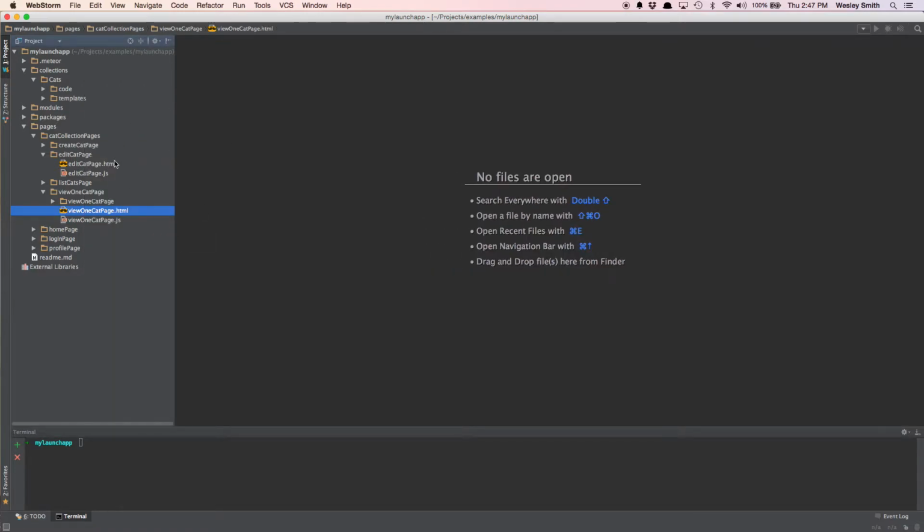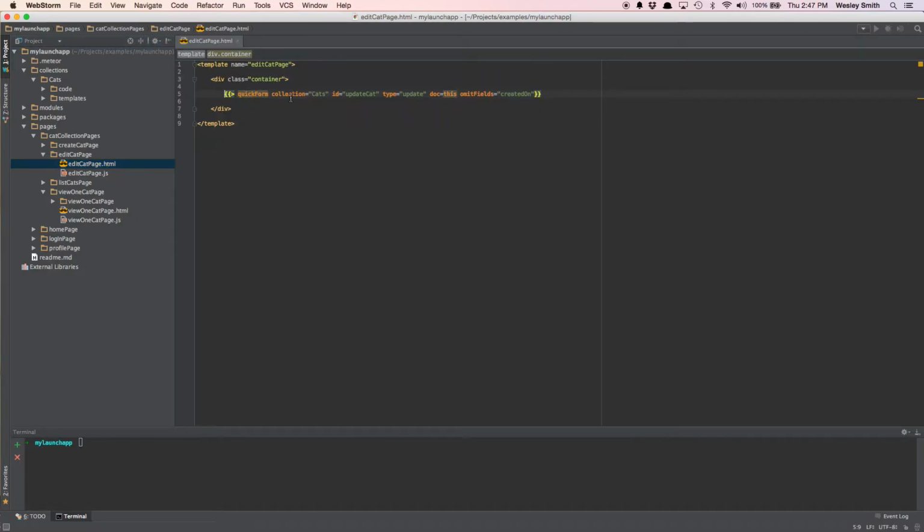So the first one is to open up the edit cat page.html. For me, it's cats, that's what my collection was, so it's whatever it is for you guys. Open up your edit page, and you'll notice here